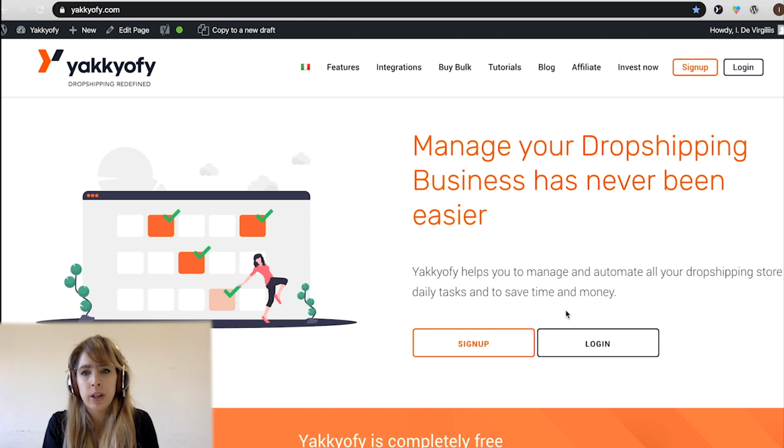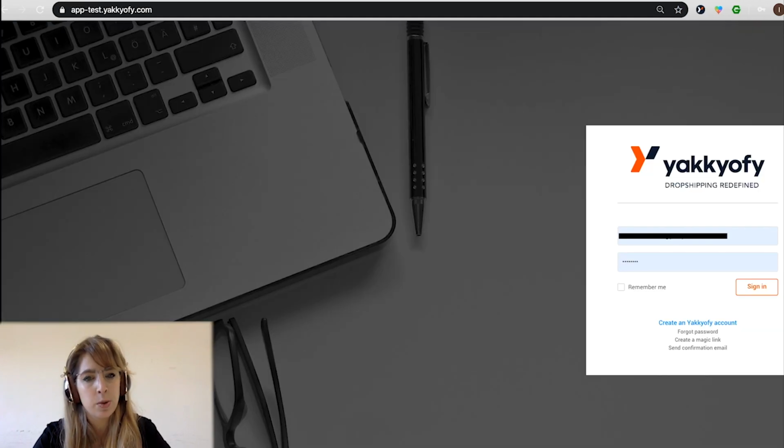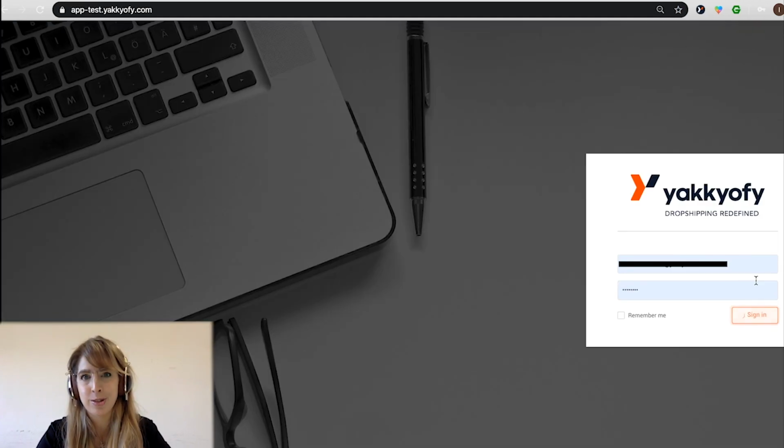Now our image recognition technology can recognize a product picture, find it in a huge database with more than 12 million products, and can give you back a quotation with shipping prices for more than 100 countries in a matter of minutes. So let's start using the new Yakify Google Chrome extension.